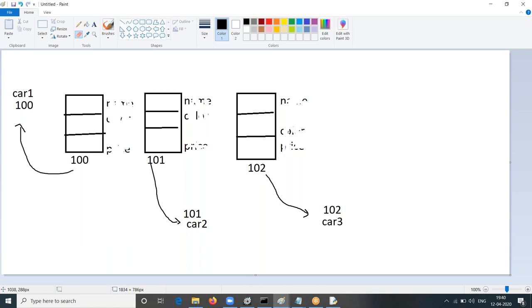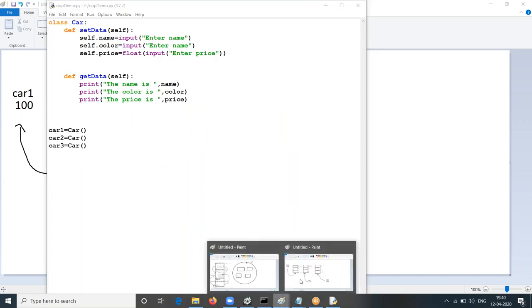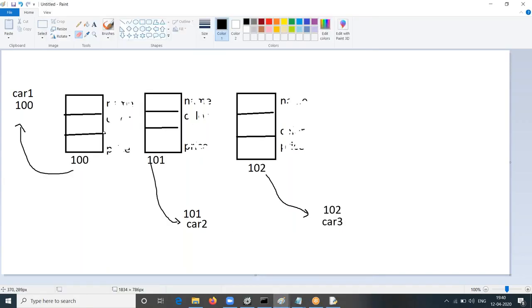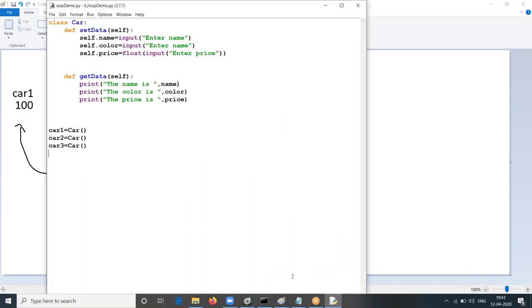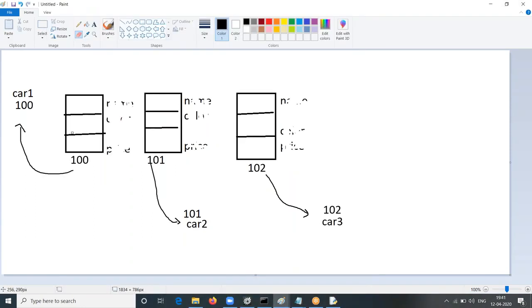Sorry, in all other languages this works, but not in Python. Now, when these objects are created, what happens? Just 3 objects are created. That's all. Nothing will be inside. It's just empty. Now, if I want to set instance variables into these objects, I should call the setData method